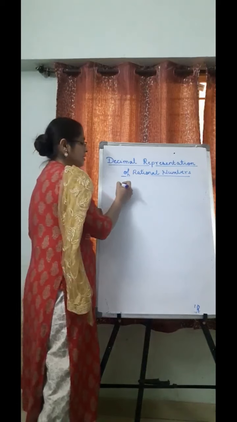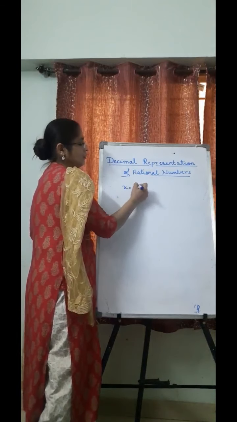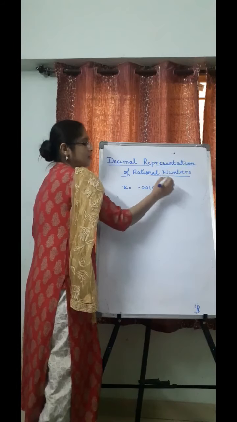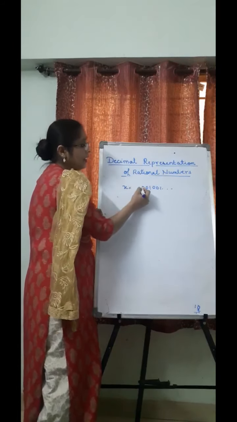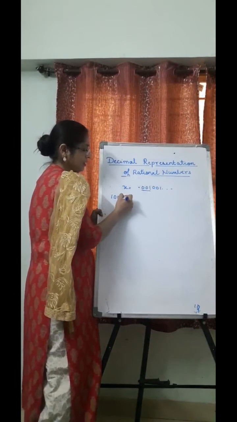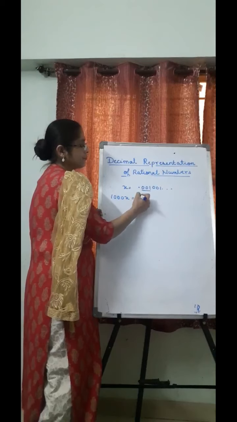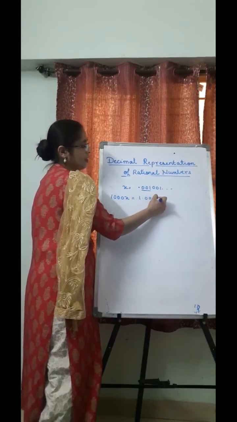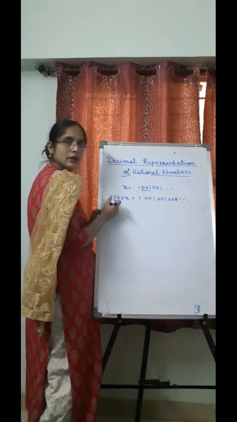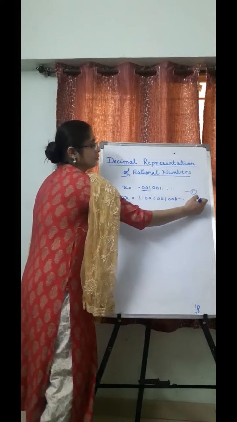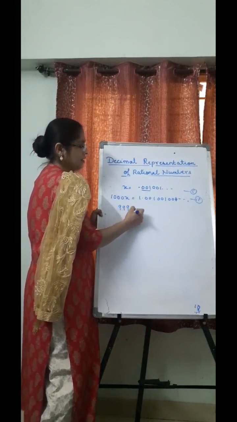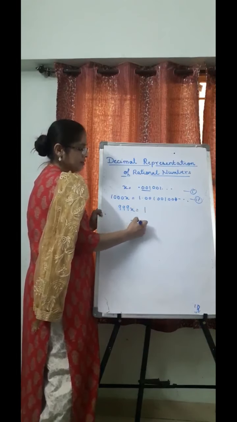Let us express x equal to 0.001001 and so on in the rational form. Here the three digits are being repeated. So we are going to multiply it by 1000. 1000x equal to 1.001001001 and so on. This is 1, this is 2. Subtracting 1 from 2, we will get 999x equal to 1. x is equal to